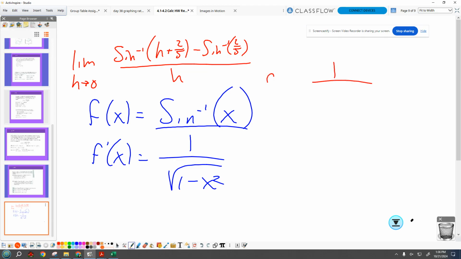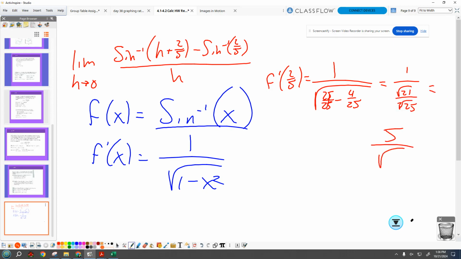But then the derivative at 2 over 5 is, if you left it like that, you lost points. It said simplify. Hold on. So 1 is 25 over 25, which is, that's 5 over root 21 is what I was looking for. And if you didn't fully simplify, it depends on where you stopped how much credit you lost. And if you gave me a decimal, as it said in the directions, no decimal answer.